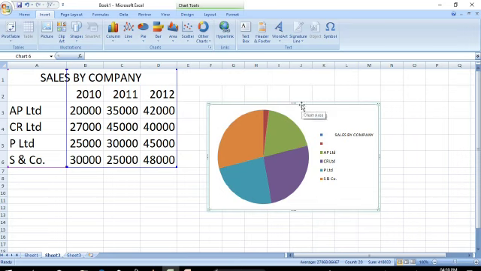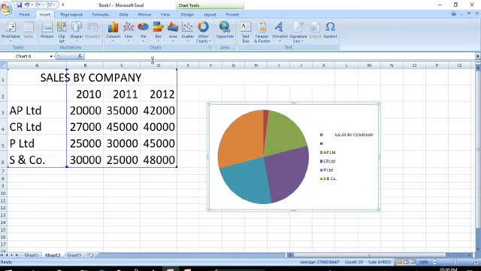Okay children, what is this? This is an embedded chart. An embedded chart means a chart which is created in a worksheet. It can be saved along with the worksheet. We can see the chart as well as the data range. Based on which data the chart has been created, that data is also available on the screen. This is an embedded chart. Okay children, now we have discussed the chart types.